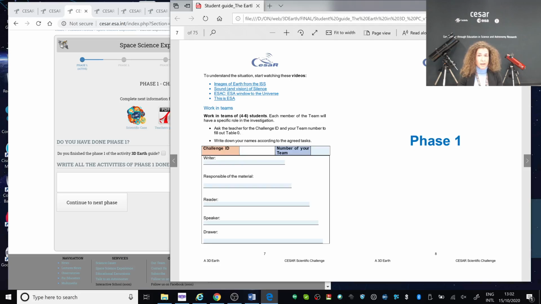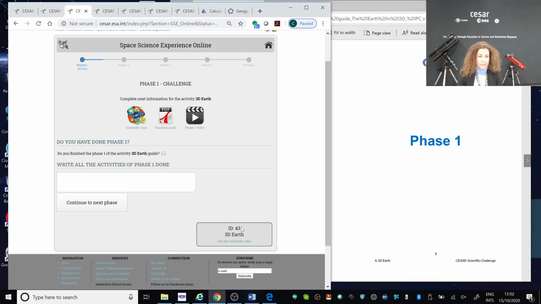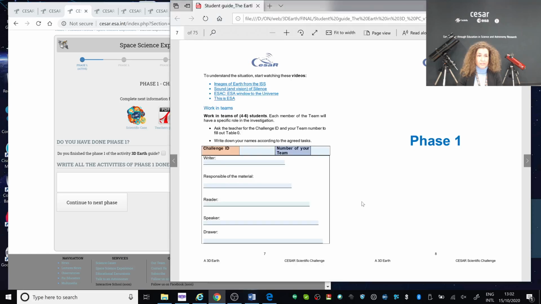The student guide is editable. The idea is that you don't need to print it. If you have a computer, they may edit it in Teams using a computer, or as you decide, but it's possible to do that. So they can fill in the challenge ID, which in this case is this ID, the registration ID